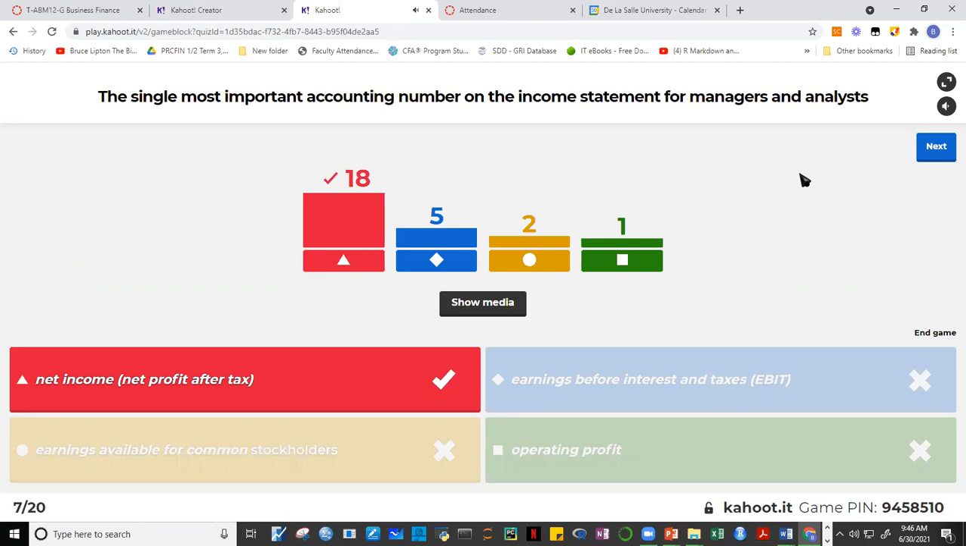The most important number on the income statement, when you look at the income statement, is the bottom line. What is the bottom line? The net income after all expenses has been deducted. That includes all operating expenses, all financial expenses, which includes interest, and even the tax has been removed. So that's what we call the bottom line, no? That's the most important number on the income statement. The net profit after tax. Okay, so